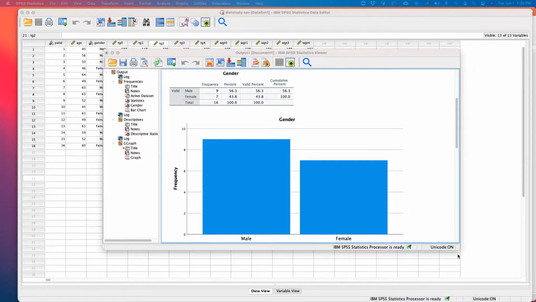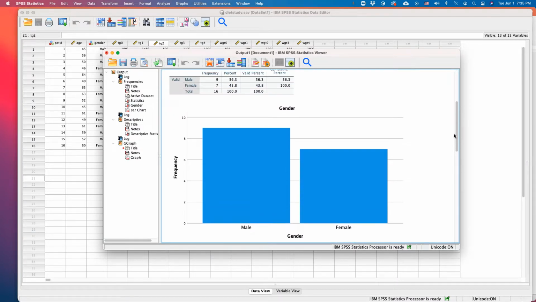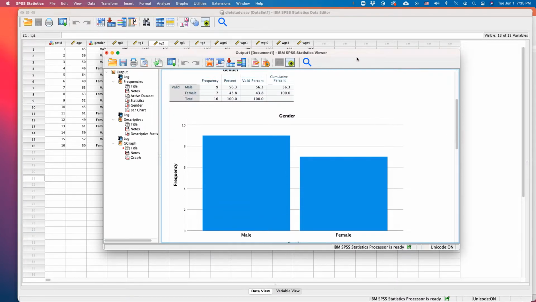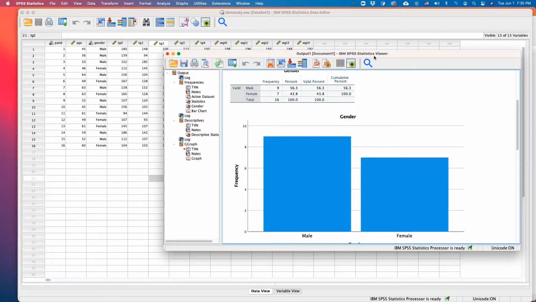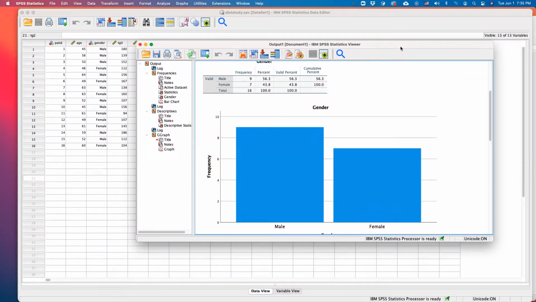So this is where we left off in the first SPSS video. We did the descriptive statistics on this variable, the gender variable from the file for the diet study. It's one of the sample files that comes with your SPSS package. And I was about to do the